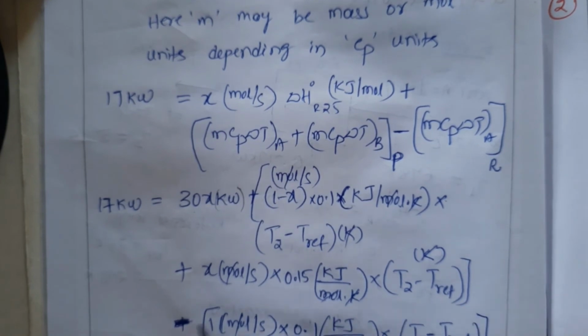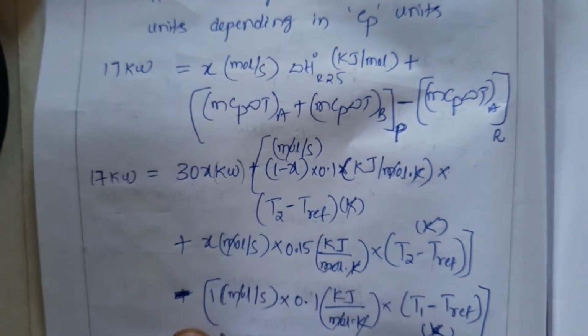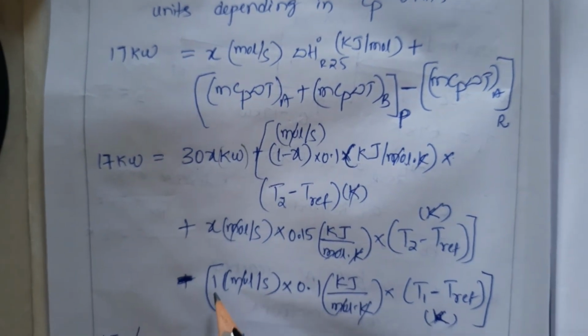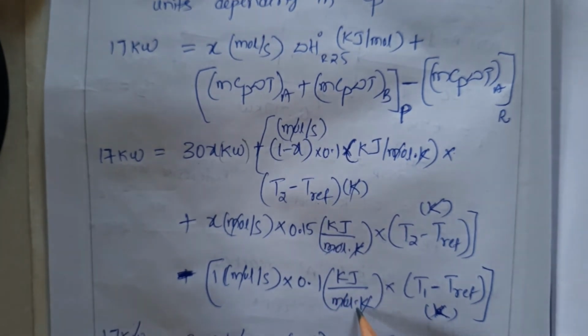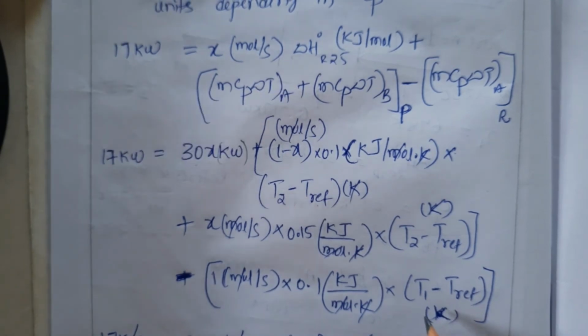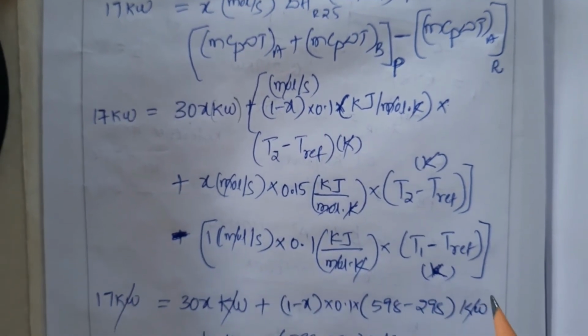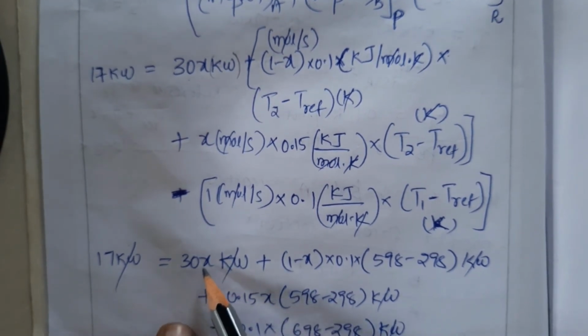Minus mCp delta T of A in the reactant: 1 mole per second of A is entering, that is 0.1 kilojoule per mole Kelvin into T1 minus T reference. By substituting the corresponding values in this equation, 17 kilowatts equal to 30 into x